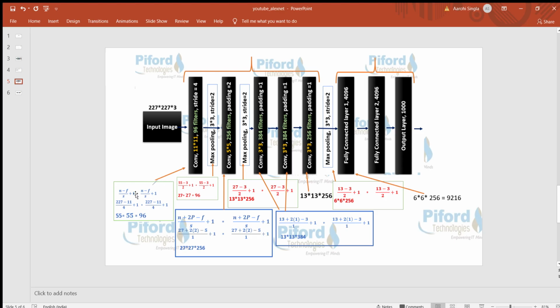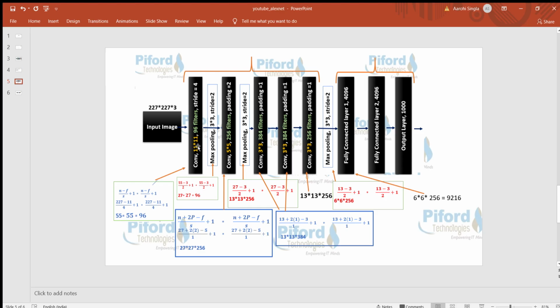And what is the filter size? 3 by 3, so that means n minus f: n is 55 minus f, the filter size, which is 3, divided by s. How much stride are we using here? 2. That's why I've written 2 plus 1. On the other side we'll write the same thing, and this is the output after the max pool layer.